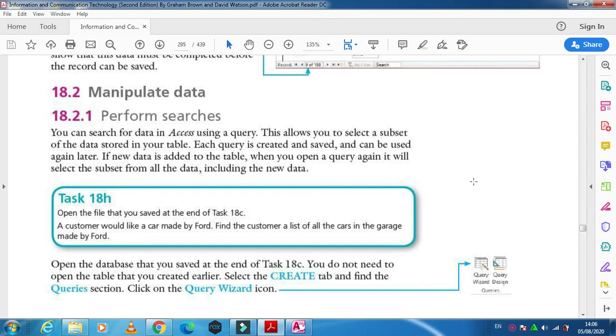This video today is about performing a search in a database, which is also called manipulation of data: how we manipulate the data and how we can extract the data. It is only done with the help of queries in the database. So if you have a database with a table which contains fields and records, and you're looking for some specific records to be extracted from the main table, like if in your school you